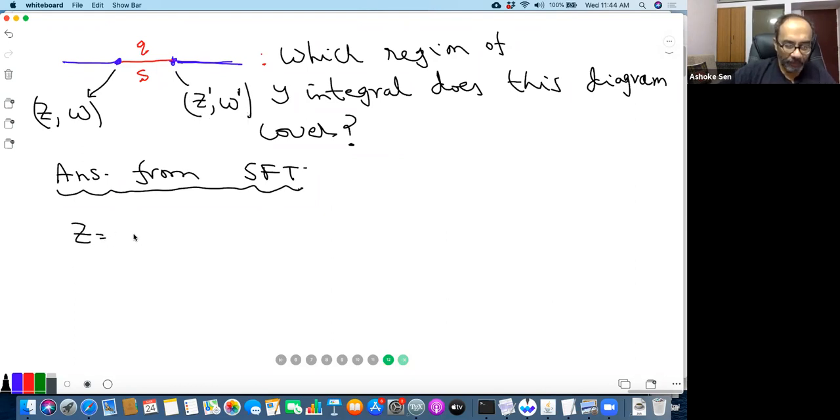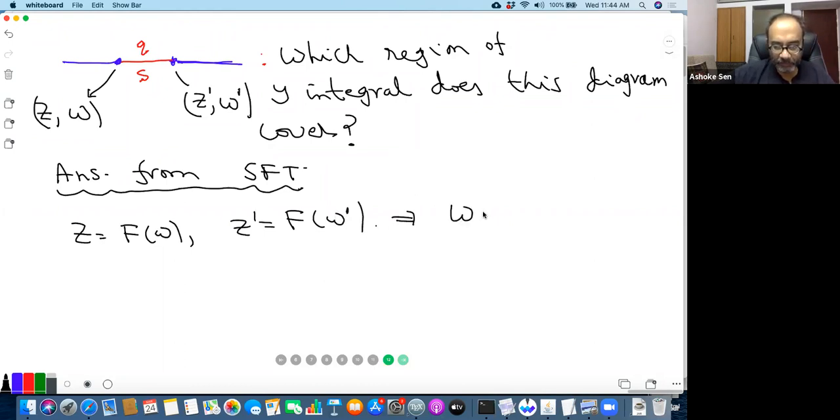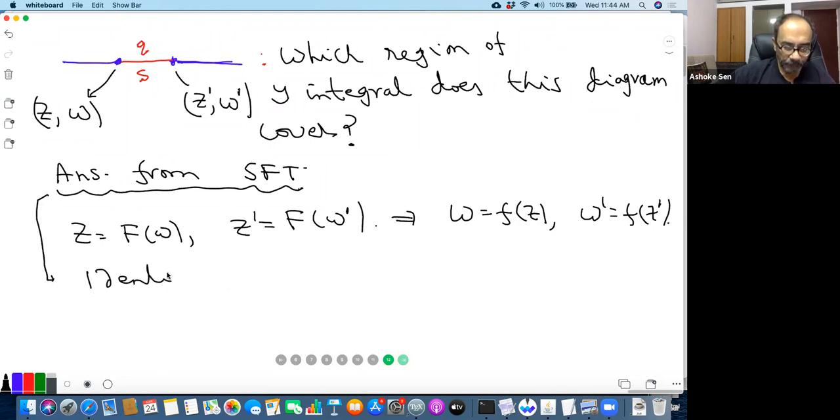So we have Z equal to f of W and Z prime equal to f of W prime. And you can also invert the relation, namely W is equal to f inverse of Z, again locally near that neighborhood, and W prime equal to f inverse of Z prime. Now the result of string field theory is that we identify the Z and Z prime planes using the relation